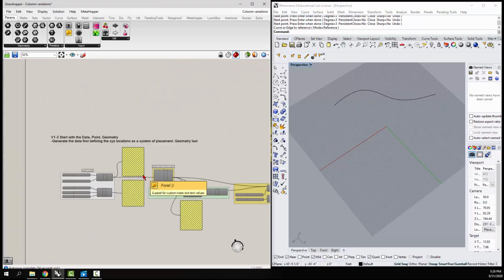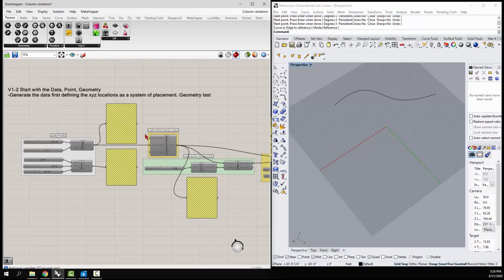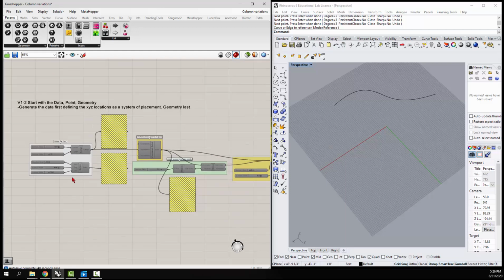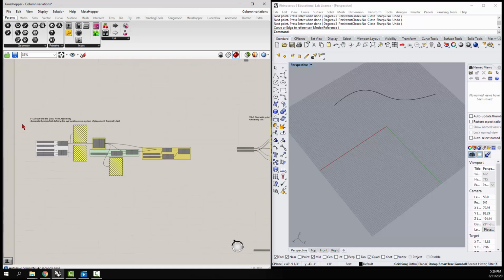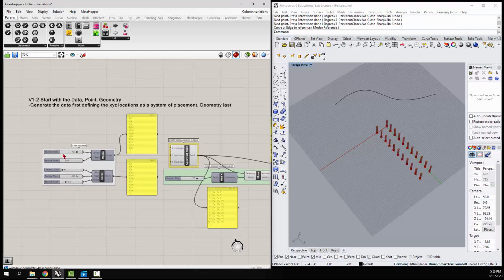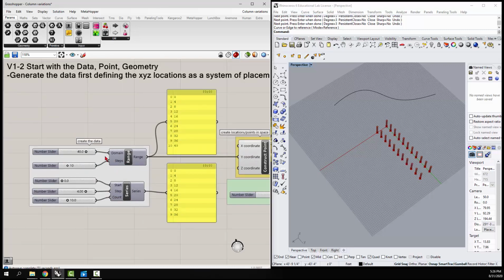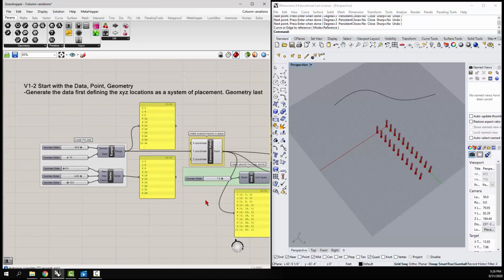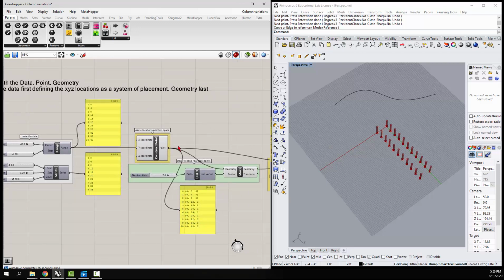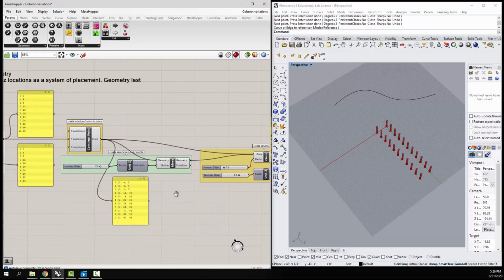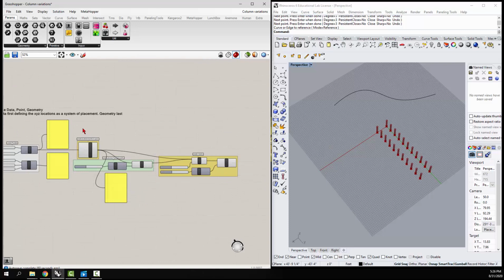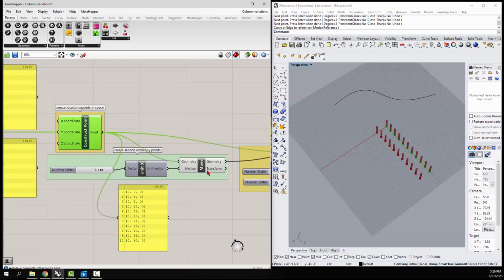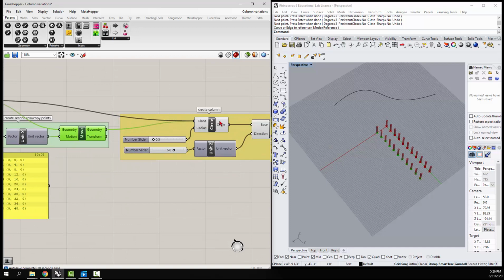And then down here at the very end is starting with the points themselves. Not even using the curves, if I come in and enable that, I get the same thing. Basically what I've done is I've created a range, just like we talked about before. I constructed a point out of those ranges, and then I move those points over, and then I just push those points into the plane for the